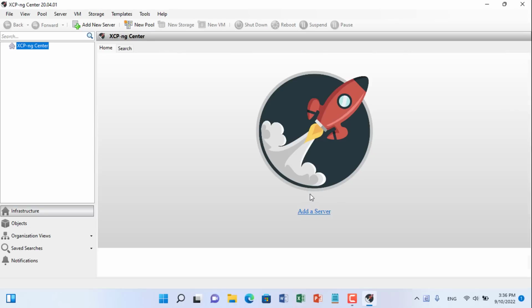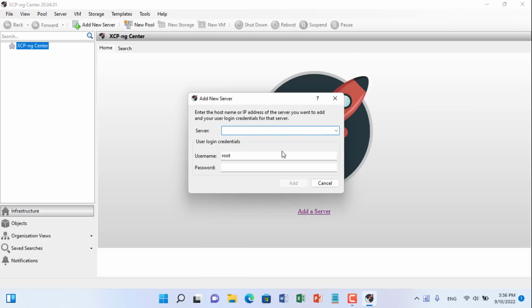To connect to XCP server, you need IP address, username and password. Password is set when you install XCP operating system in previous step.